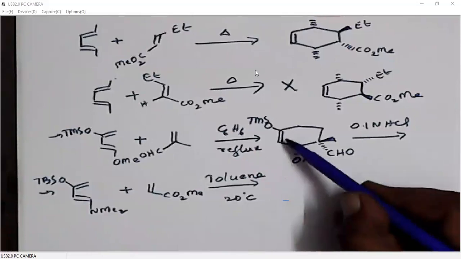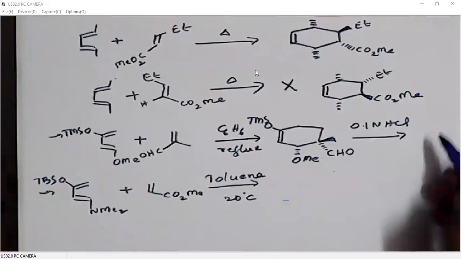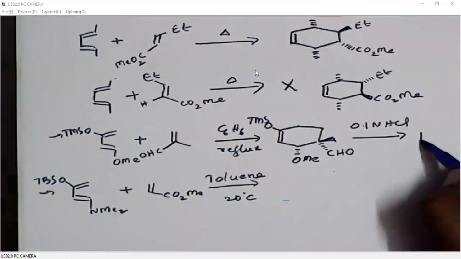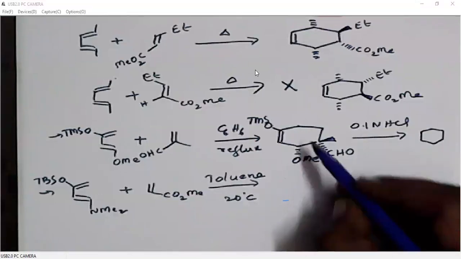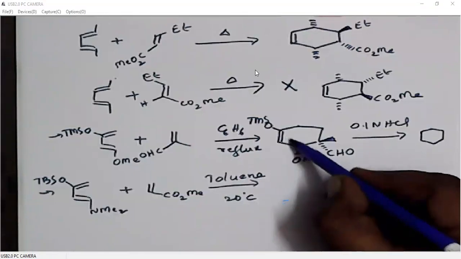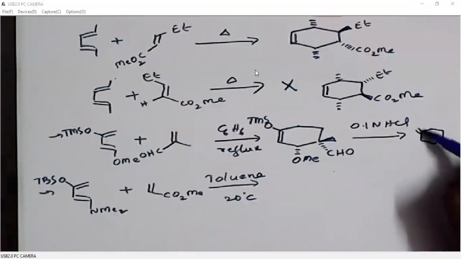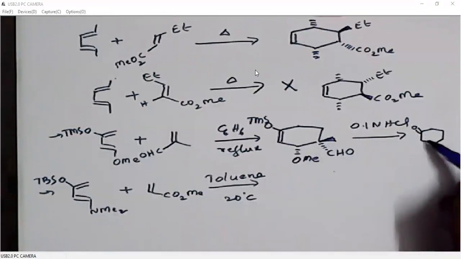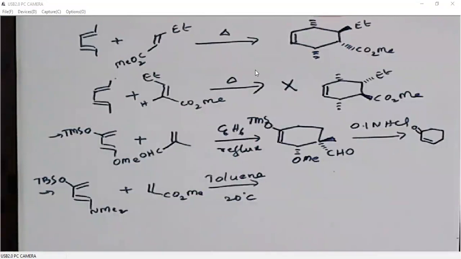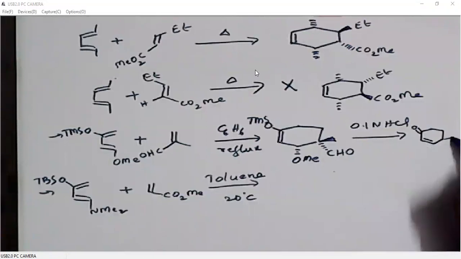Normally, if we don't have any other substituents, this enol will undergo tautomerization to give the corresponding carbonyl. But here we have an OR group, an alkoxy group. So when this double bond polarizes in this direction, OMe will be leaving. So that is why we have a carbonyl. At the same time, the double bond migrated like this. Then of course we have the methyl group and carbonyl.